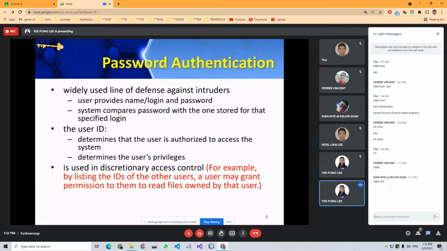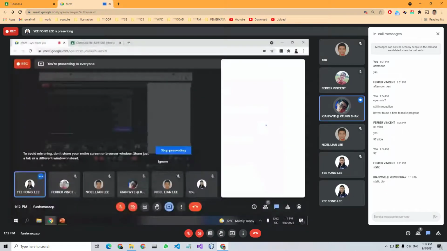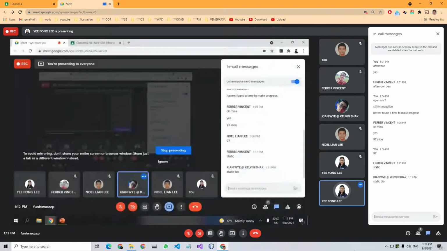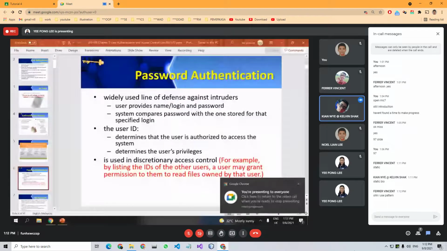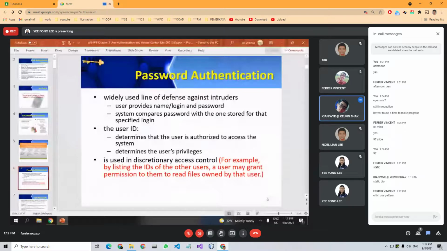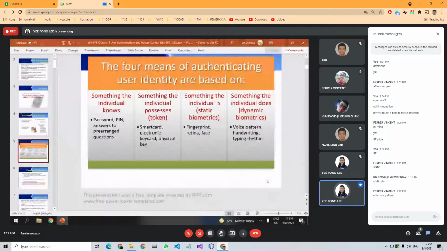The one that uses a pattern, let me check, which one is it? A pattern is something you know, so it's like a password, the same category as something you know. Yes, password. What device uses dynamic biometrics? Dynamic voice recognition, no, dynamic biometric. What device uses a voice pattern? What device uses